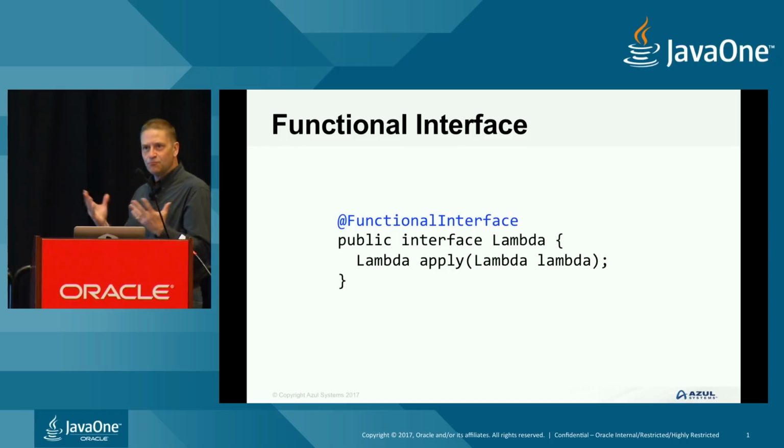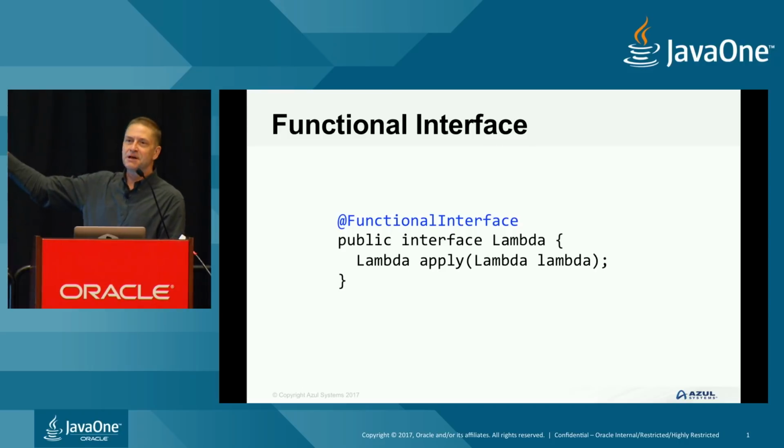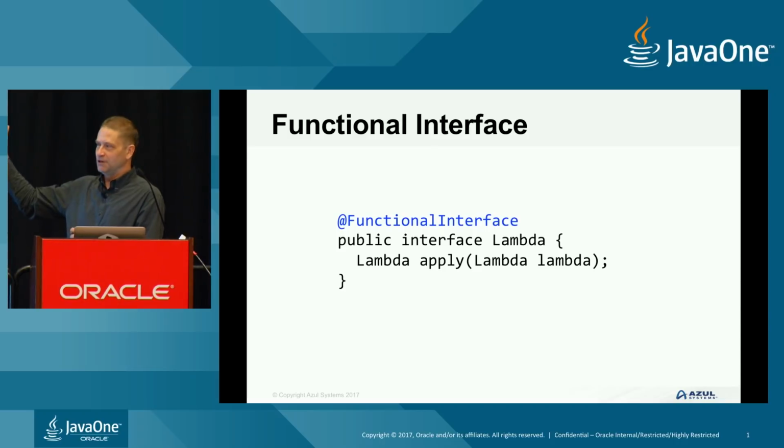Right, so the first thing is our functional interface. So we'll call it, very originally, Lambda, okay? And Lambda is going to have one abstract method called apply. Apply takes as a parameter a lambda expression and returns a lambda expression. So that way we can chain them together very easily. Good. So now we have to start off and think about how we can do things in Java if we're